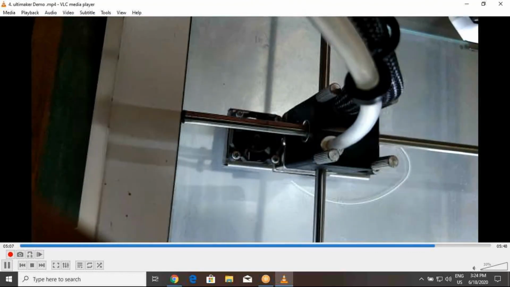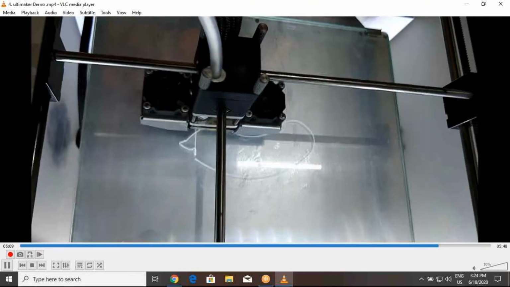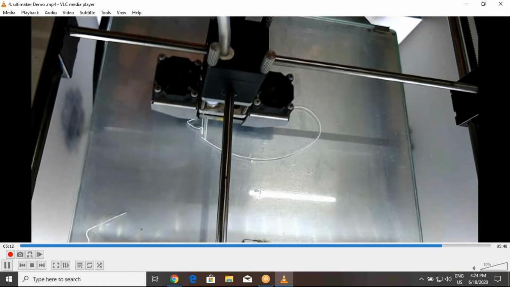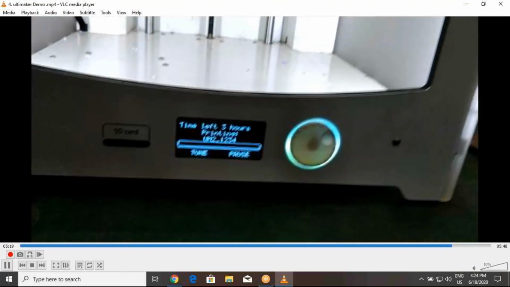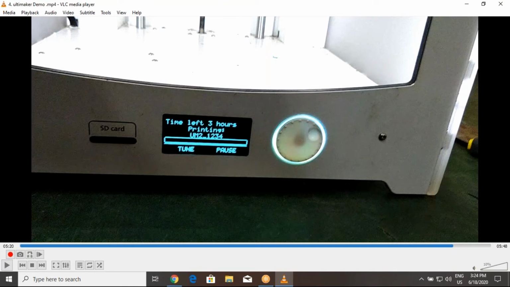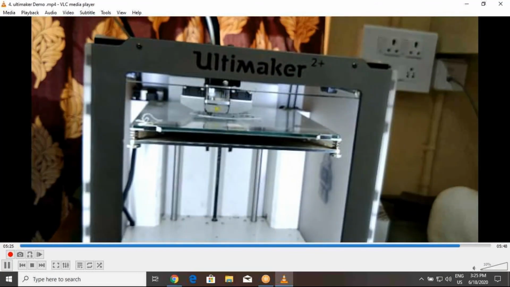From the print head the material is extruded, building layer by layer by layer. This is how printing takes place in an Ultimaker extrusion machine. Here is the time remaining to print our part. It shows very clearly if there is any problem or disturbance, and the machine automatically stops, so there is no wastage of material. The time left shows that our part is 3 hours, which is continuously building.